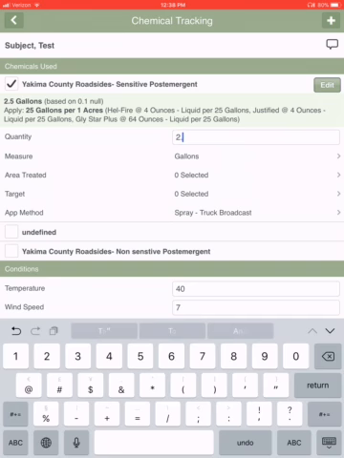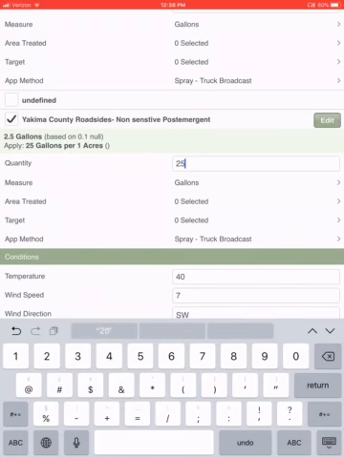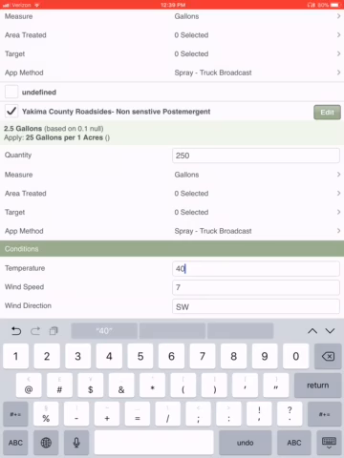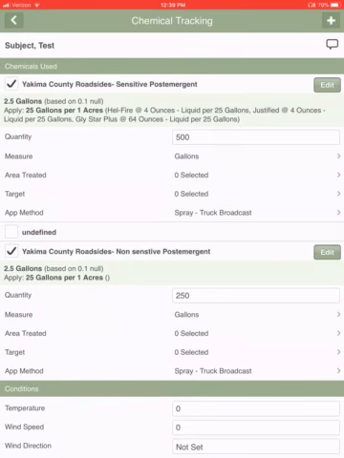So let's just say we use 500 gallons of that, and non-sensitive we use, say, 250 gallons. Down here in the conditions, wind speed, wind direction, I think we still need to fill this out. I'm not 100% sure. I'm not going to fill it out right now, just because it may not need to. So unless you hear otherwise from me, actually just don't fill that out unless you hear otherwise from me, because in the form there's another way to